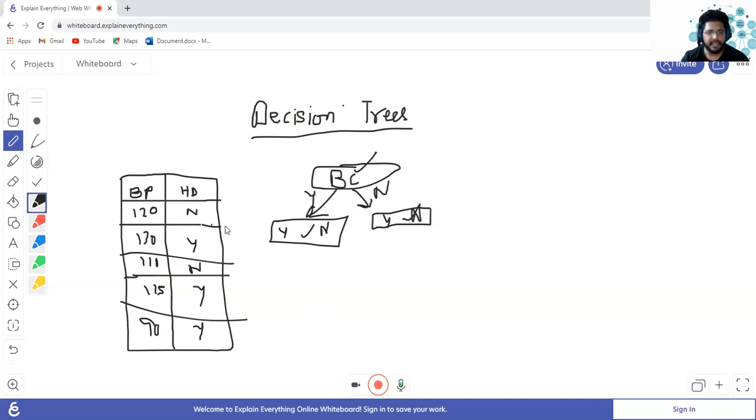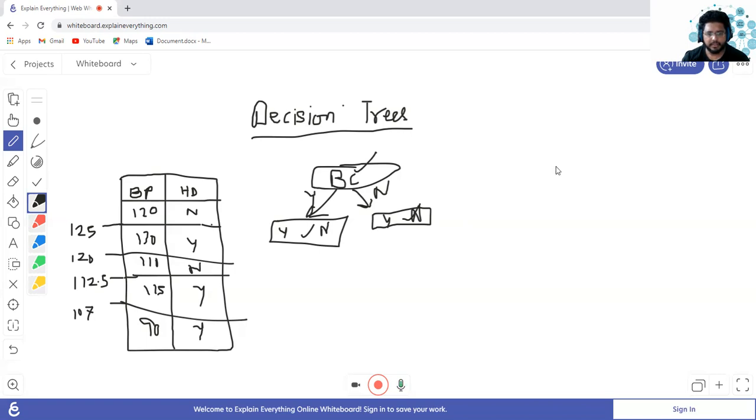So the trick here is to find the mean of each adjacent number. So like 120 and 135, the mean is 125, right? So this is 125. 130 and 110, the mean is 120. 110 and 115, the mean is say 112.5. And 90 and 115, say the mean is 107 or something. Okay, so now it becomes a yes or no type of thing.